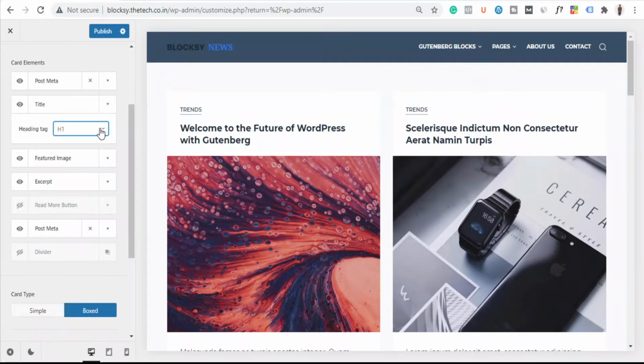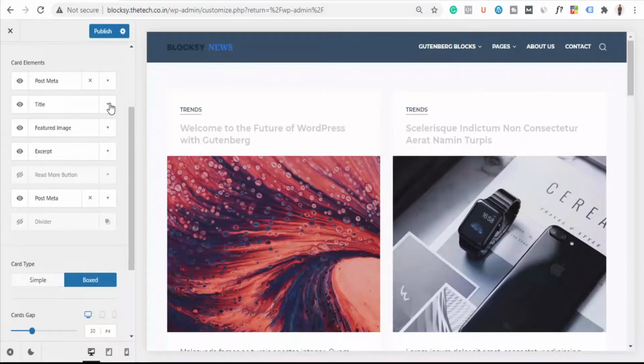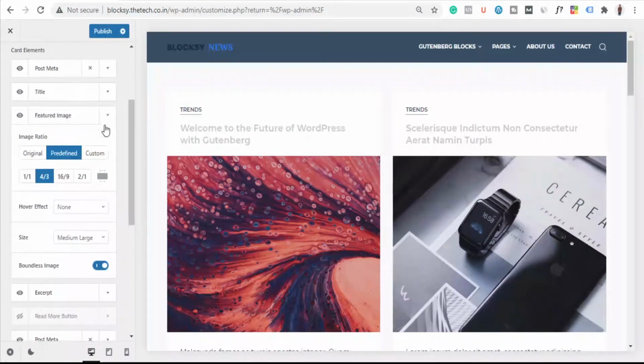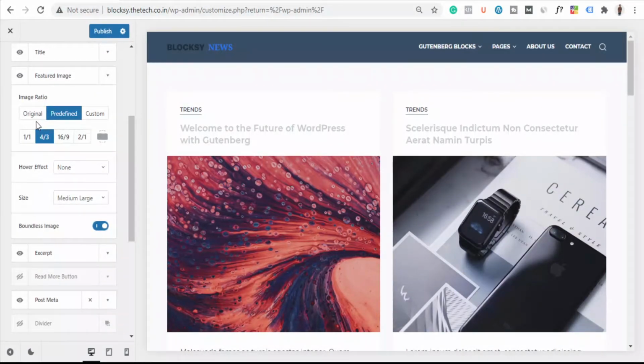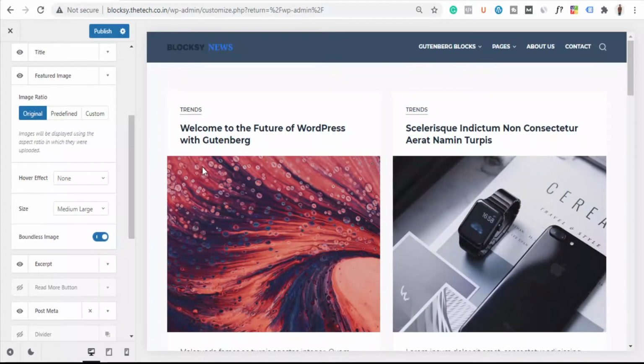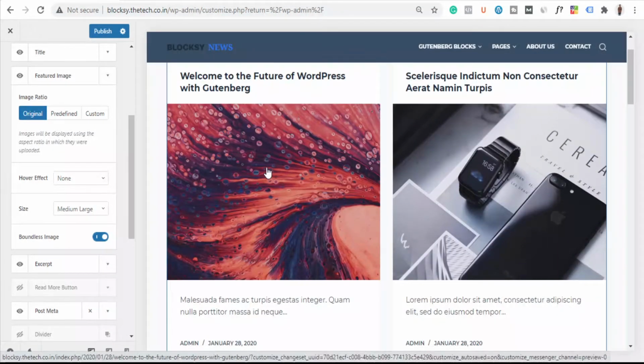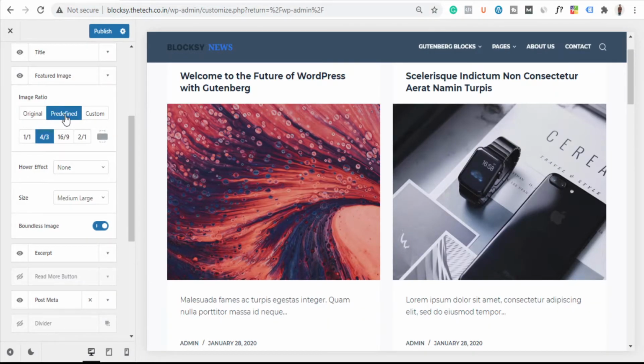But by default I think H2 is fine for SEO as well, so you should keep H2 as a heading. Now let's hop on to the feature image. Here in the feature image we have 3 options. If I choose original, the image will become the size it originally was. But I think they have customized it on their own, and I think predefined is fine.